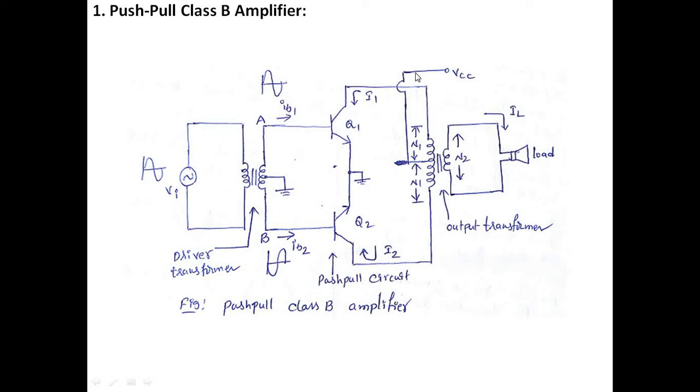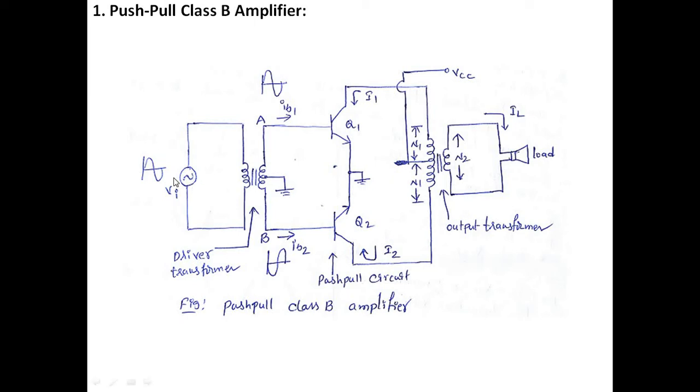If you apply a VCC here, that VCC appears to the upper half as well as the lower half. It means you need to connect exactly in the middle. Then only will you ensure that the number of windings in the upper portion and the lower portion are equal, so that the voltages in the upper and lower portions are equal. Otherwise you will get distortion at the output side. This is one problem. Now let us see the basic working of the class B push-pull amplifier.